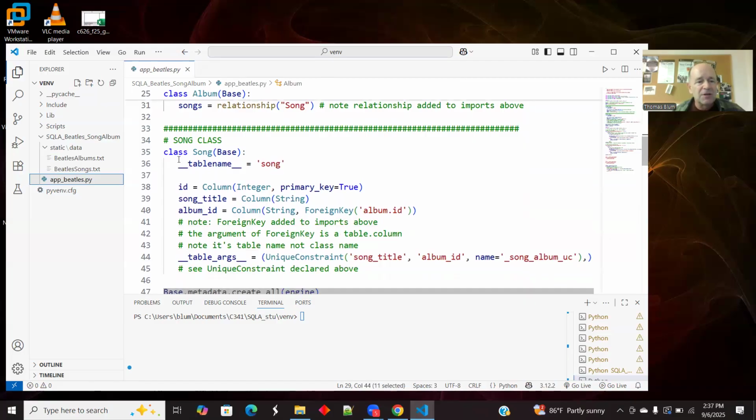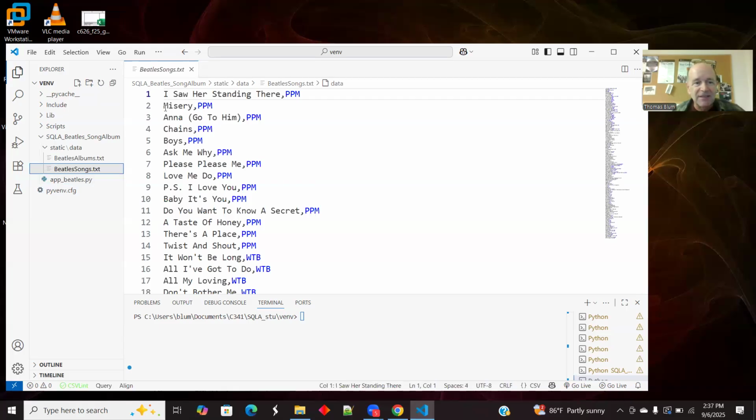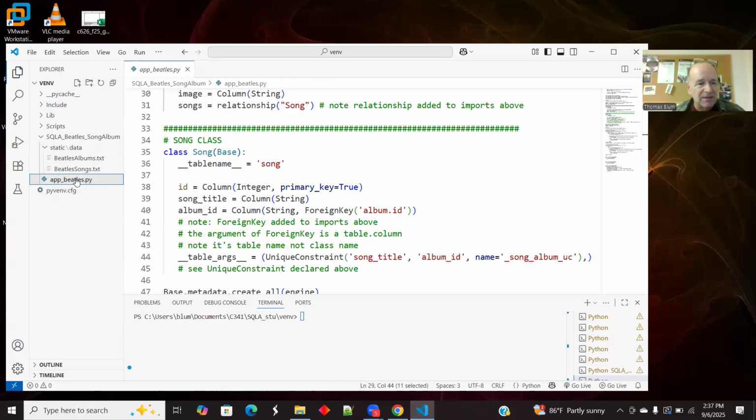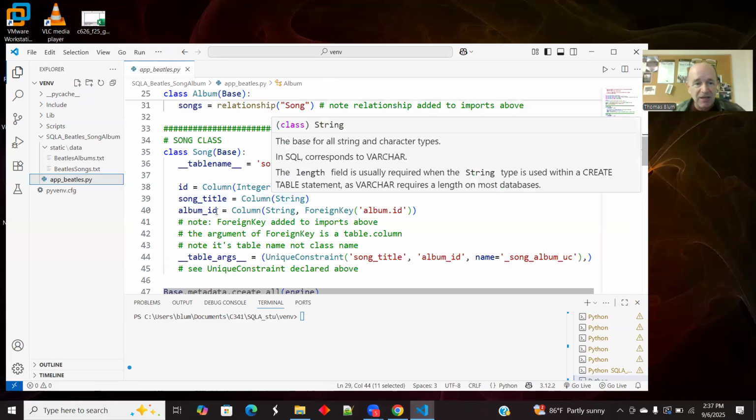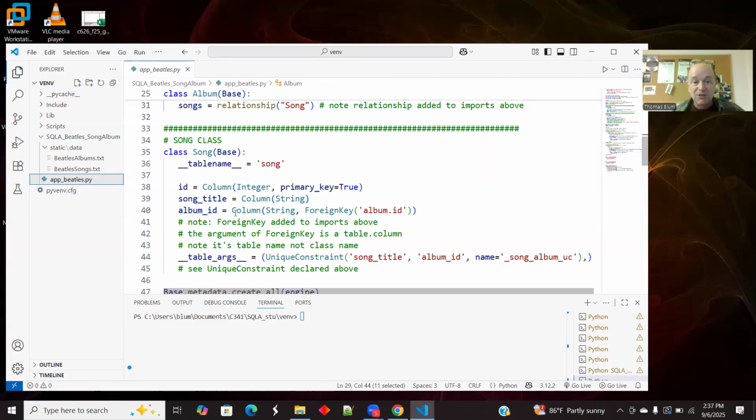Okay. And here's my song. It's going to correspond to a table song. It has an ID. The songs, I didn't have any IDs, so I'm going to let the system generate one for me, integer primary key. I'm going to have a song title. I'm going to say what album it's on. And I'm not making the song title unique